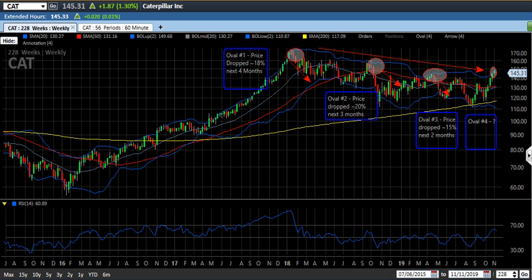the top, when that stock hits the top of the Bollinger Bands, which is the top blue line, and again, Bollinger Bands are two standard deviations from the mean, so it's about 95% of all outcomes for a stock price. So what does it tell you here? The first time it hit that, over the next 4 months Caterpillar stock declined roughly 18% or so, from about January 2018, down into the first quarter and into the second quarter of 2018,